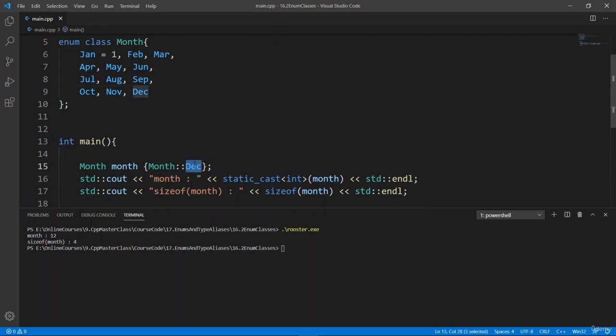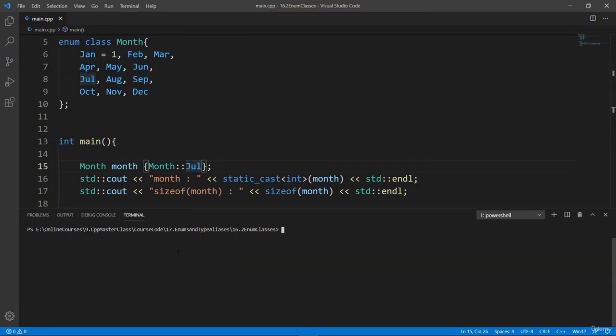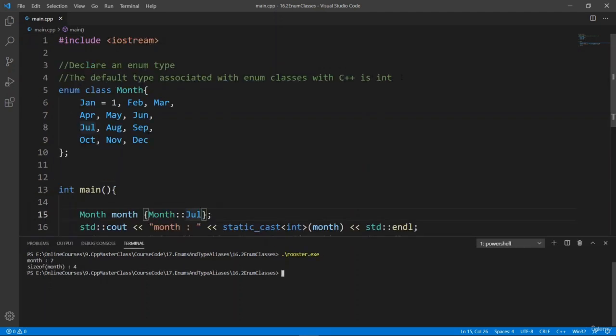If we try and put in July, we're going to get a 7 because July is the 7th month in a year. Let's do that. Let's clear properly, and we're going to run Rooster. Now month is a 7. So int is the default type associated with our enum classes, but we can customize which int value is used